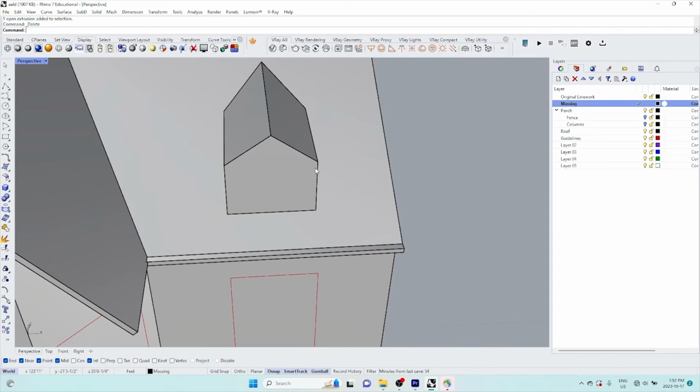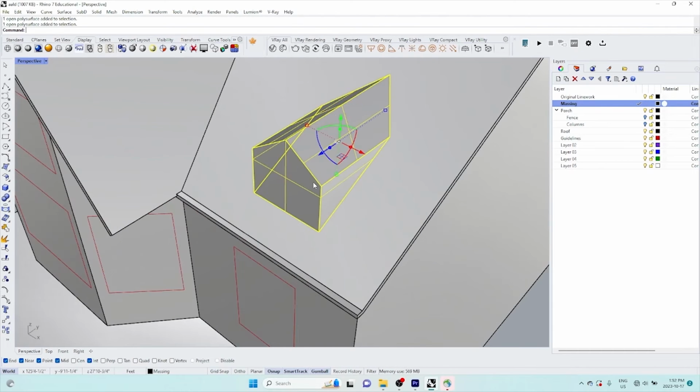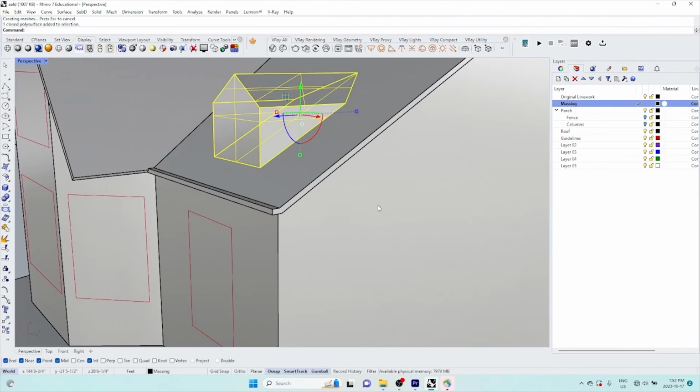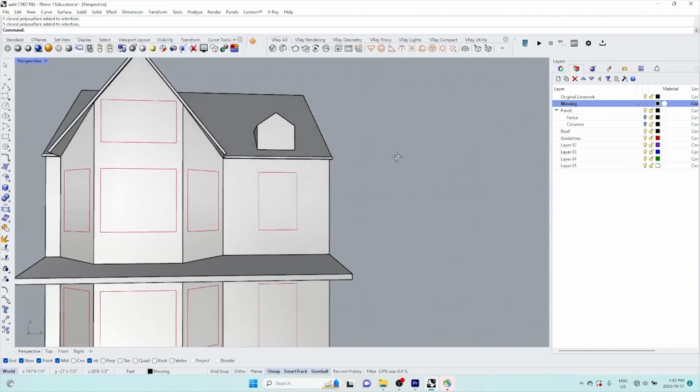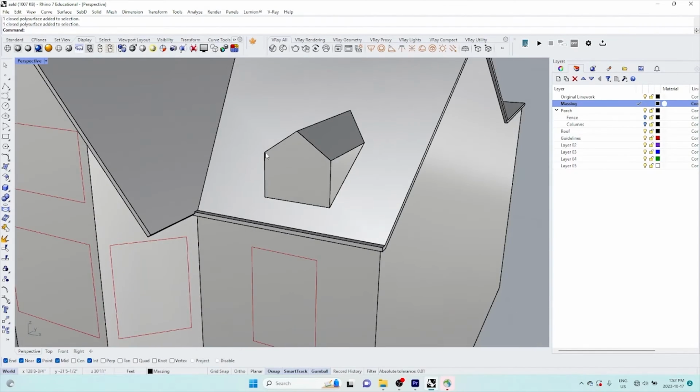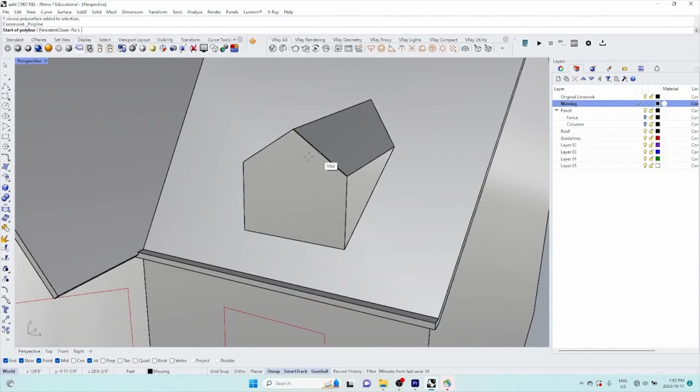And delete these guys there. So now we have this joint and we can cap this. So this is now another bit. And we're going to create another pitch roof. Very similar to what we've done before. Go like that, and then